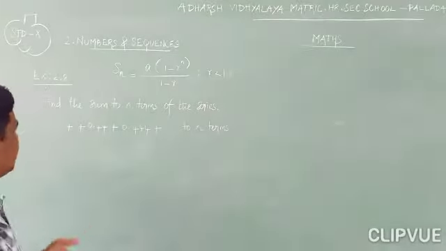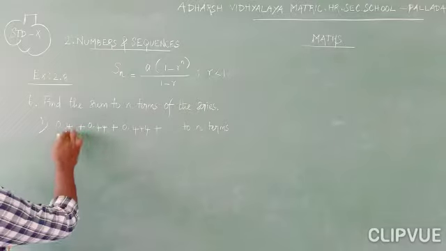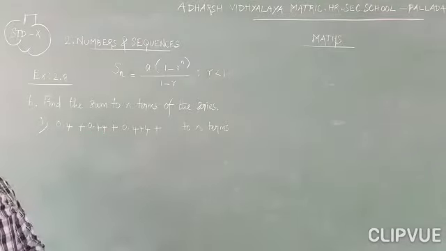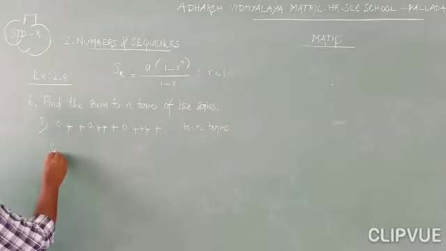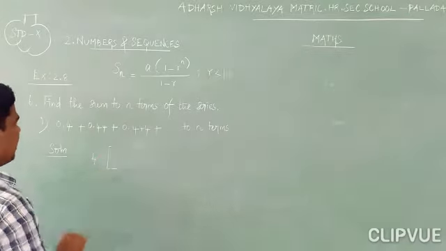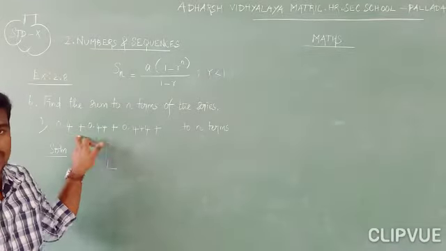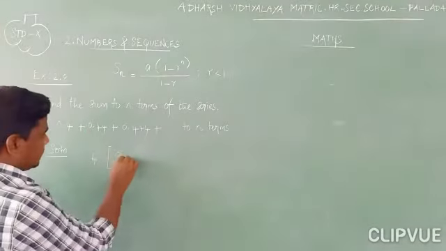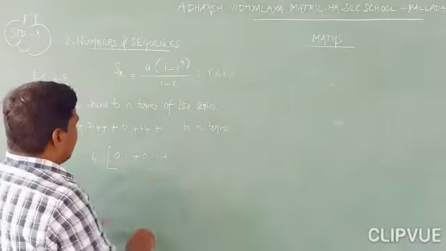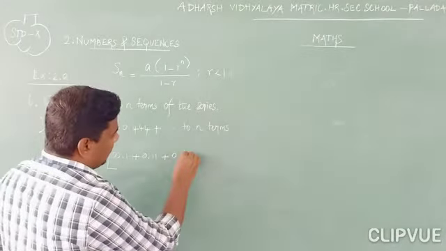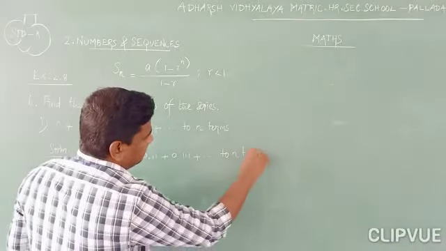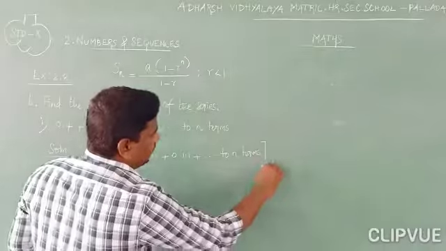Okay. So first I am going to do here 0.4 plus 0.44 and so on. Here 4 is the common multiple. So you can take that number out. Solution. If you take that 4 out, what do we have? 4 into 0.1 is equal to 0.4. So 0.1. Here 0.11 and next one 0.111 plus and so on to n terms. I hope you all understand.